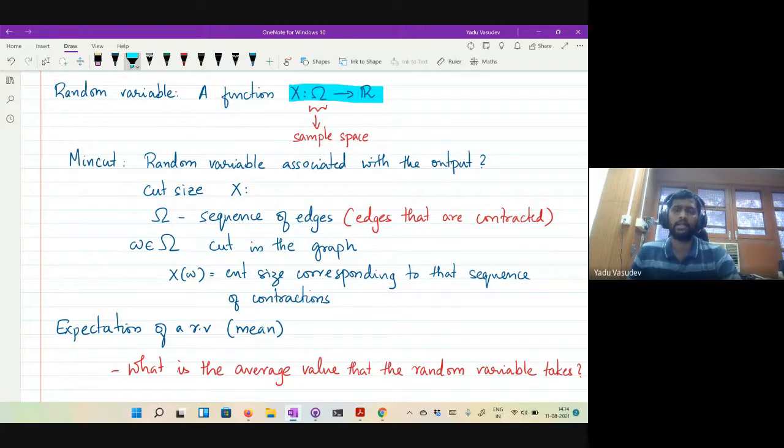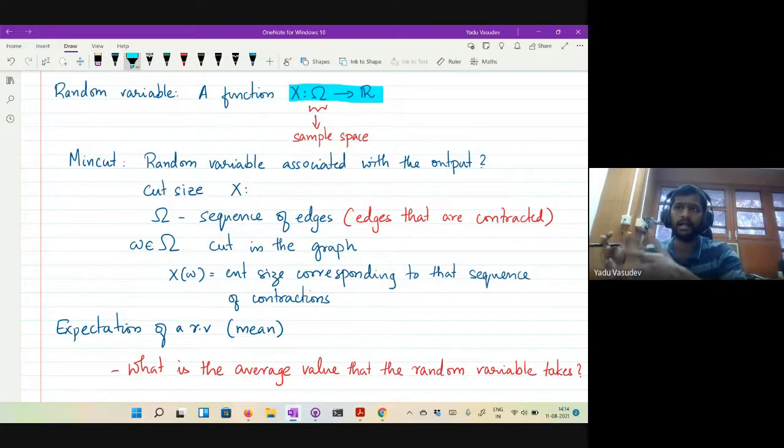So when you want to analyze a randomized algorithm, typically what you have is a random variable, and if you can actually argue about the probability of the random variable taking a particular value, then that is the best. But sometimes that calculation is not very straightforward. So what you do is you look at the expected behavior of this random variable, and then you say that this is the expected behavior of your randomized algorithm. This is the expected outcome of the randomized algorithm.